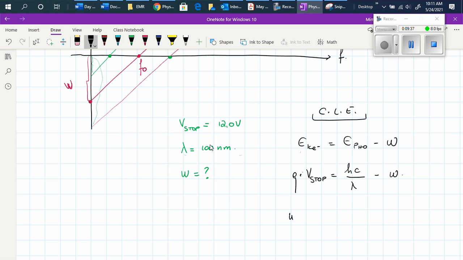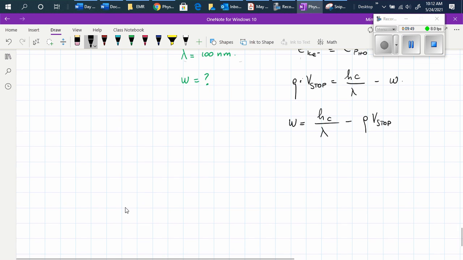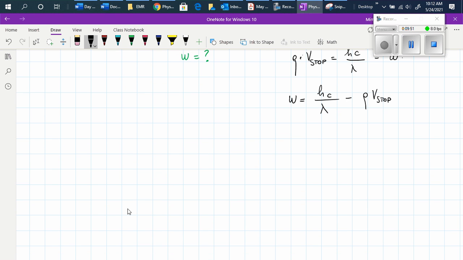From here we can find that the work function is equal to hc over lambda minus the stopping voltage. And for our information, we have that h is equal to